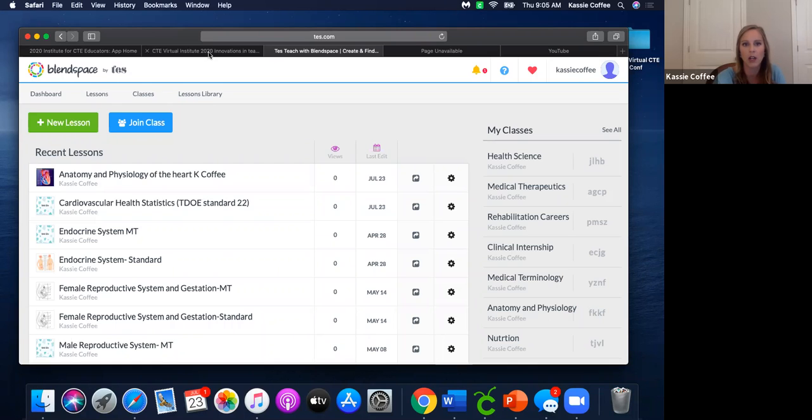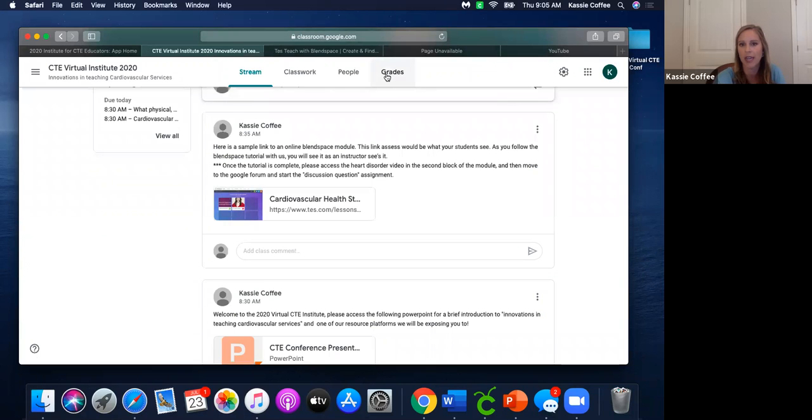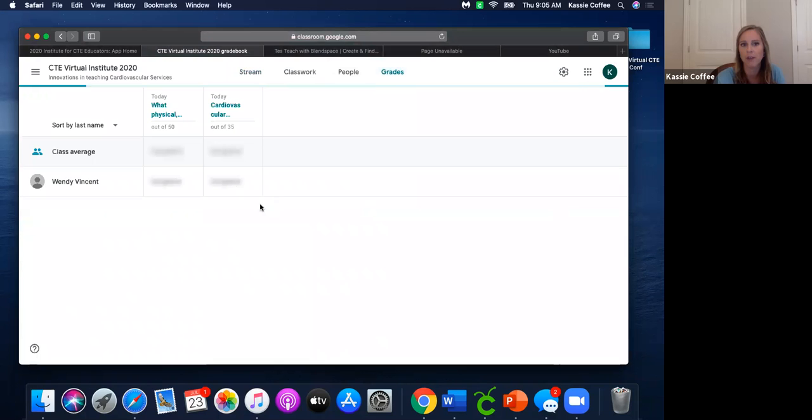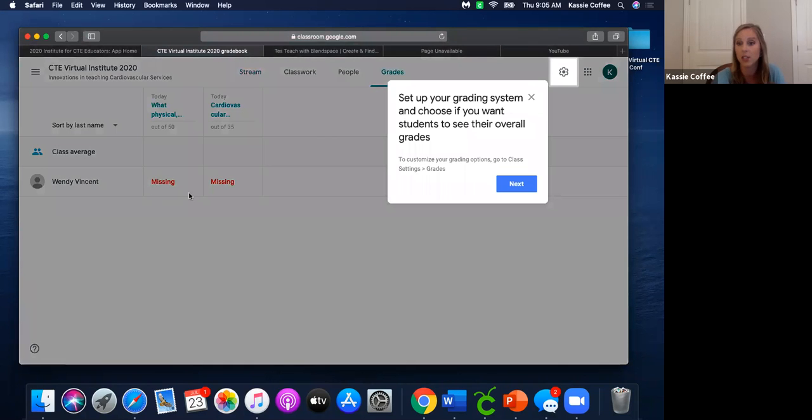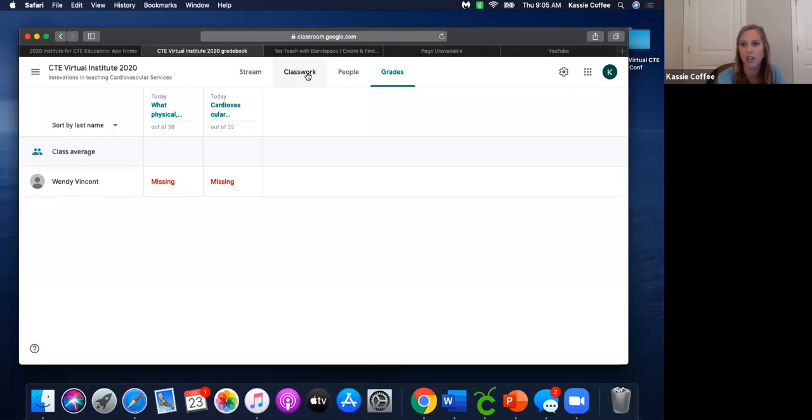So if you look here, it'll say grades. So for everybody who has turned it in, like Wendy obviously has not turned in her assignment today. Wendy, you're in trouble. But it would give you her assignment that you could go on and check and then grade it and return it, or say, hey, you messed up on this, please redo it and turn it in again.